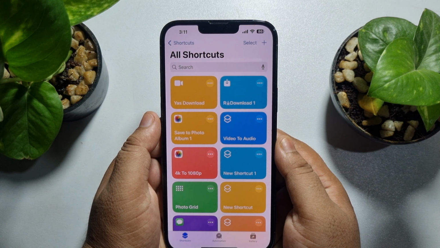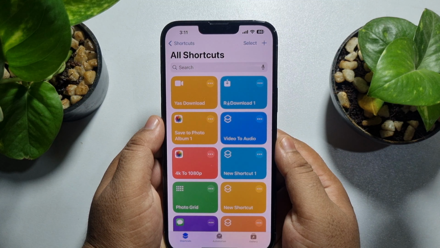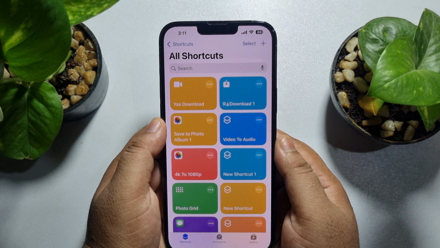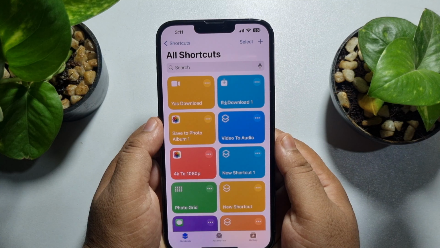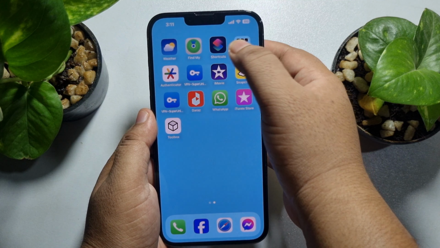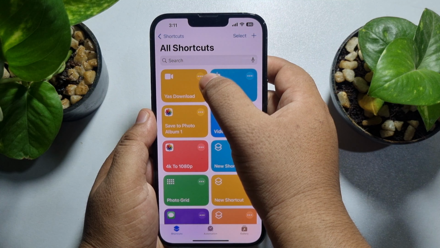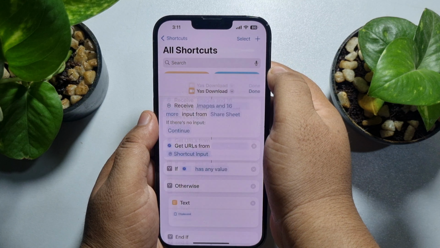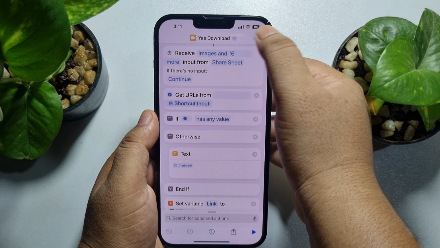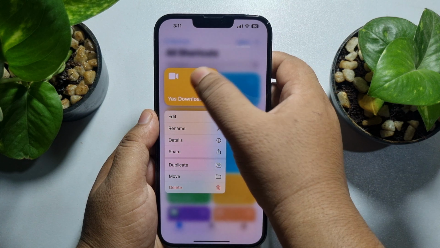So if you're having any error with the Yes Download shortcut, you have to delete the current Yes Download shortcut and then download the latest version of it. So go to your Shortcuts and all you need to do is tap on the three dots for Yes Download. Hard press on the Yes Download and just tap on delete